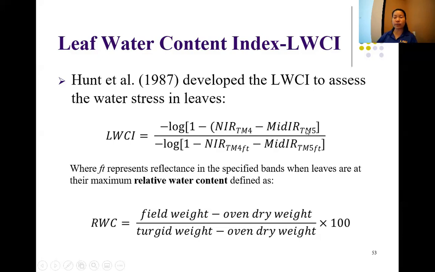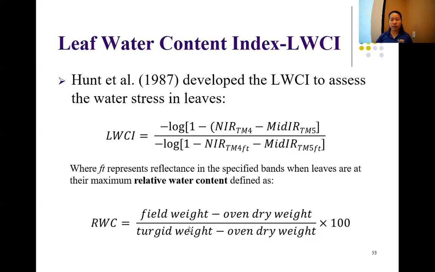So that's the value for these two. And then the bottom part is where they have a special sign, FT. So they have TM4 FT and TM5 FT, where FT represents the reflectance in the specified bands when leaves are at the maximum relative water content. That is defined as